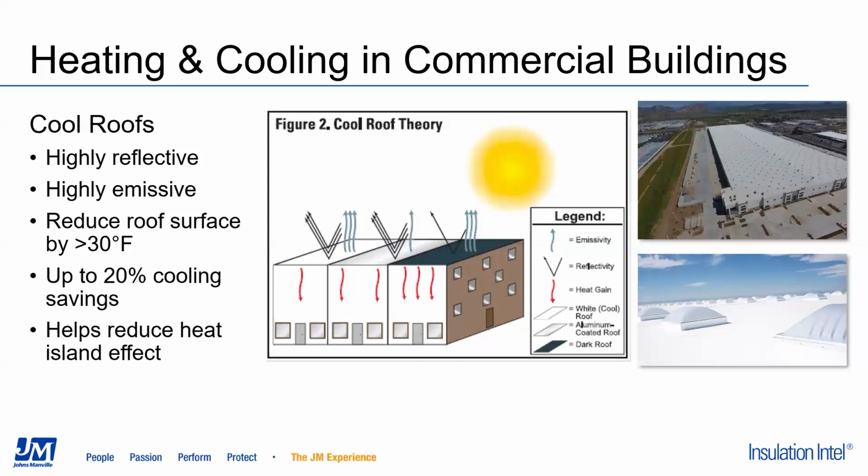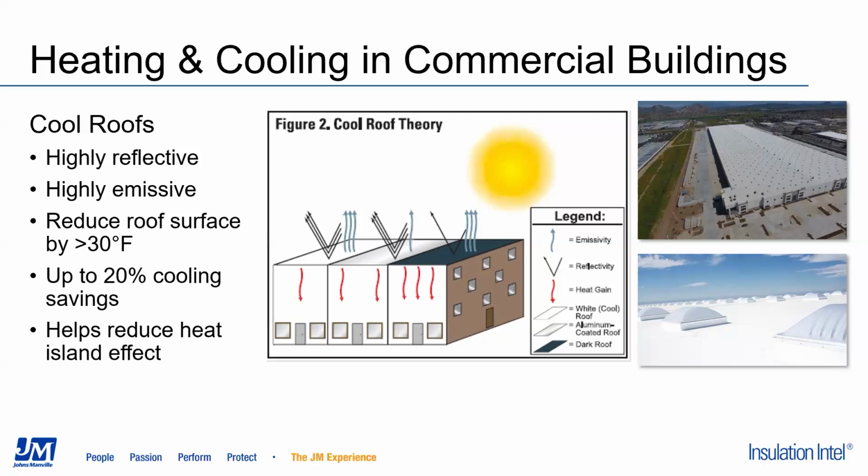One final thing I wanted to touch on for new construction for commercial buildings is something called cool roofs. We've probably heard about this, depending on where you live. What this really means is a white roof. And a white roof just means that it's both highly reflective in terms of bouncing back the sun's energy into the sky, and also highly emissive. And emissive just means that what energy the roof membrane is able to absorb, it can shed that heat very efficiently. And that ends up becoming better, certainly better than a black roof